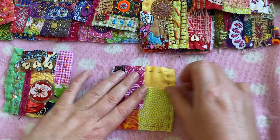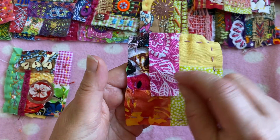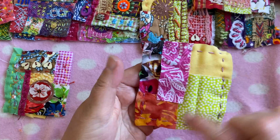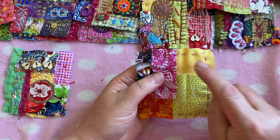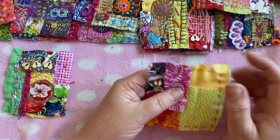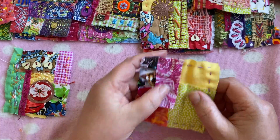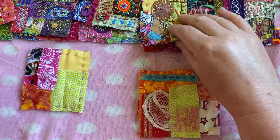So you've got all that on there. Don't worry about that, it's going to be stitched down. So you've got all your pieces on. A little bit of running stitch around the outside. I mean, if you wanted to, you could do blanket stitch or a different stitch around the outside. It's entirely up to you, but I just do running stitch just to secure them. So then on these, for example, and this one,